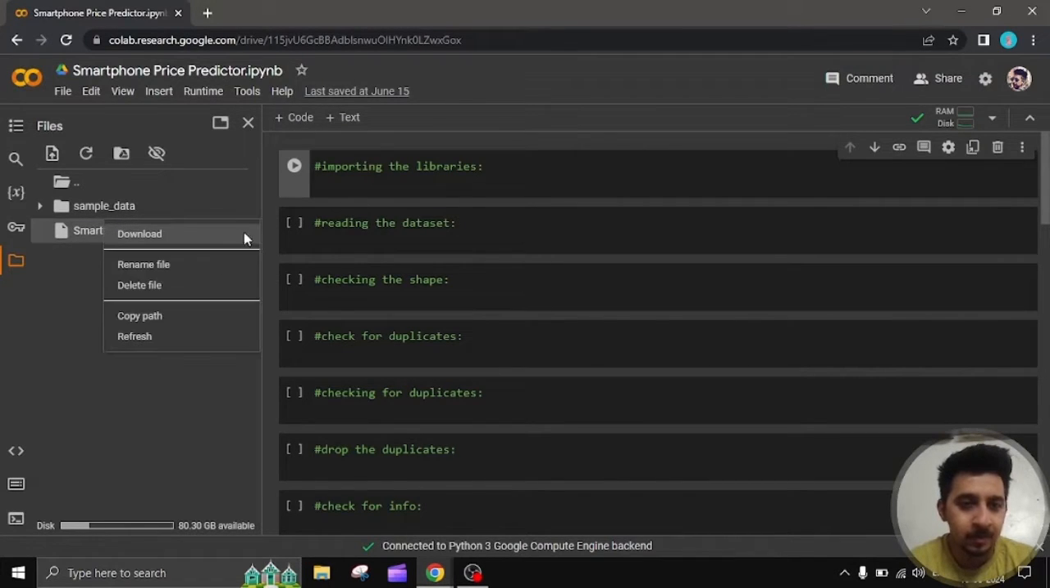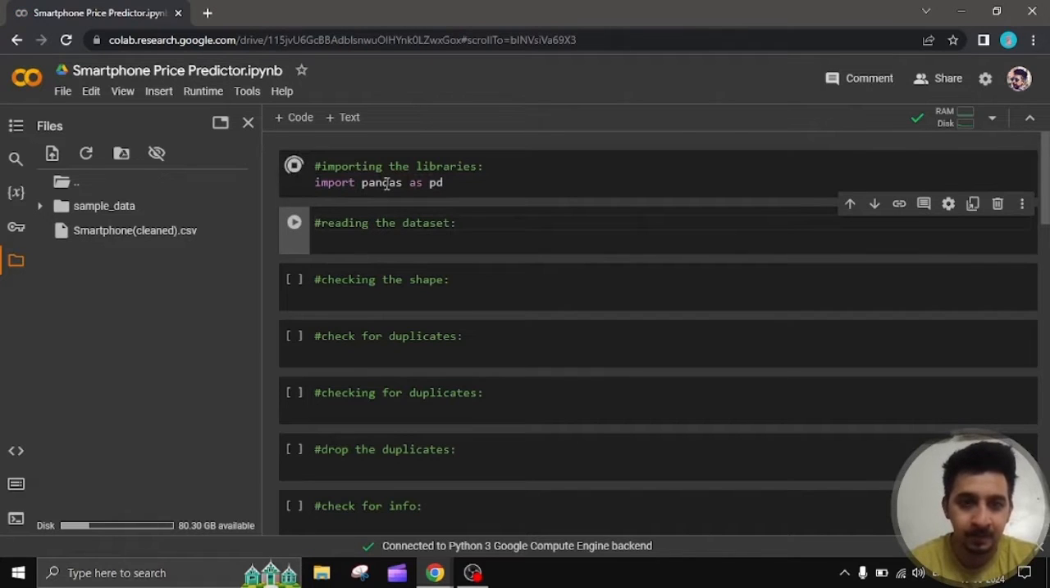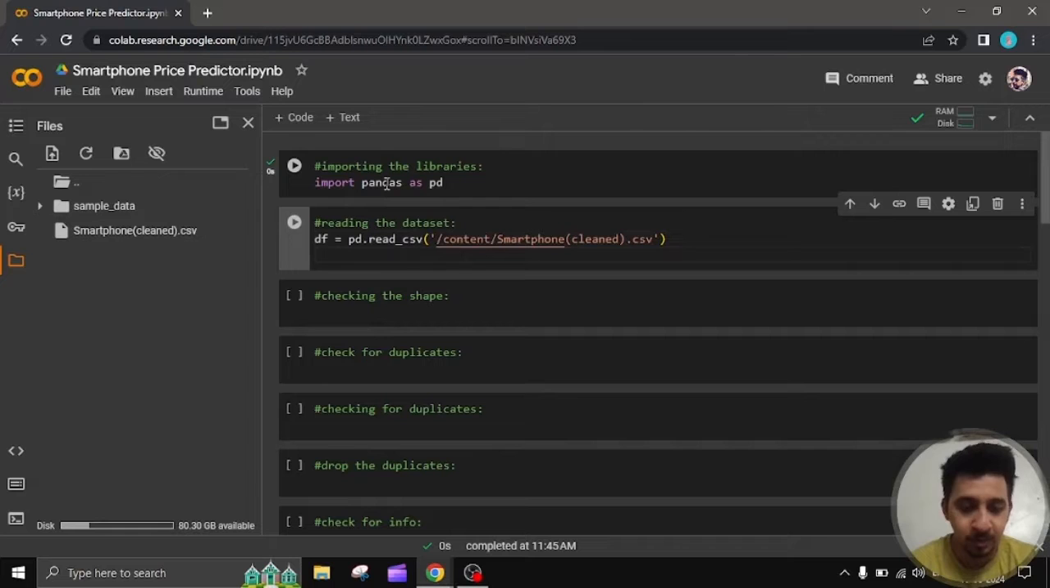So all you have to do is copy this path, and here first we will be importing the libraries. We will be using pandas much, so I will write import pandas as pd and we'll run this cell. In the next line we will read the dataset. So I will write df is equal to pd.read_csv and here we paste our copied path. So if I show you the df,